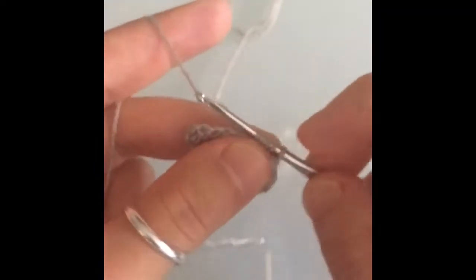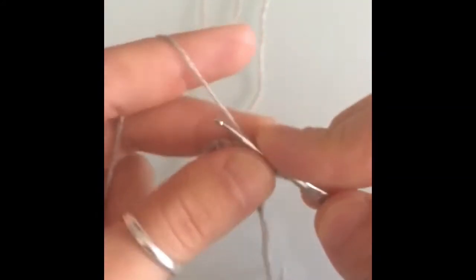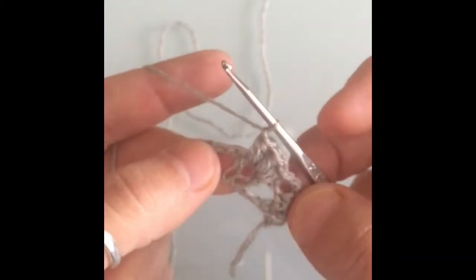So there you go, and now I'll yarn over, pull through all of the loops and then just pull through all of those and then just close up the stitch. So then I'll make a 3rd one, and then I'll just close this stitch up as well. So that's 3, and then I'm going to chain 1,